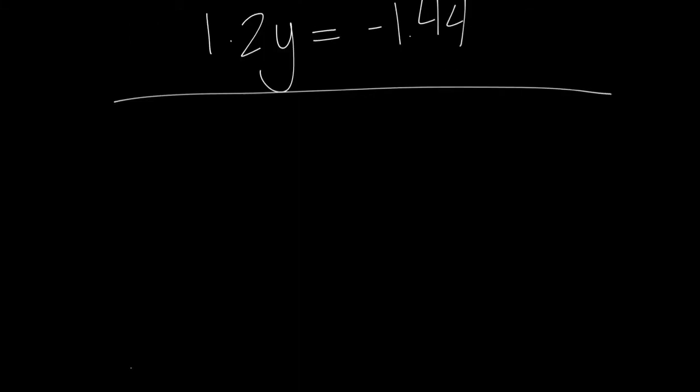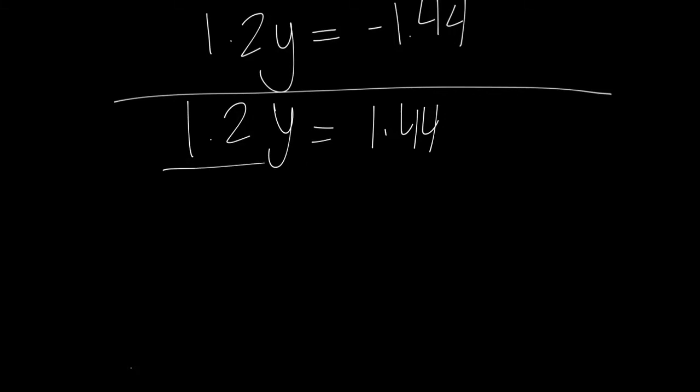Then to multiply a decimal, you would write it, so 1.2 times y equals 1.44, and you would do, on each side, 1.2, 1.2, so I can't do that in my head, so I would write